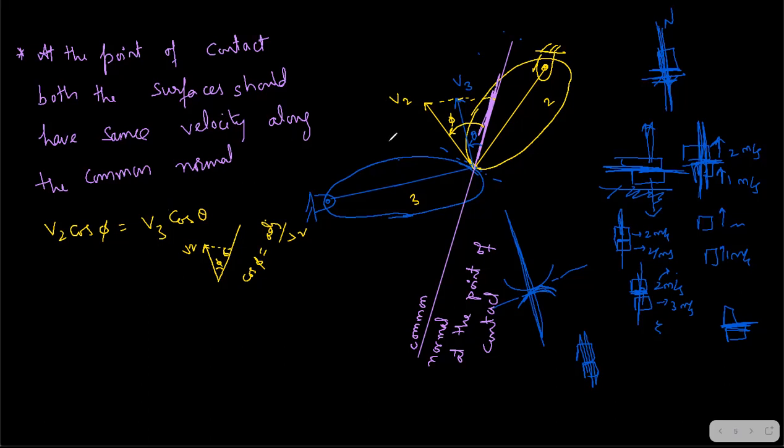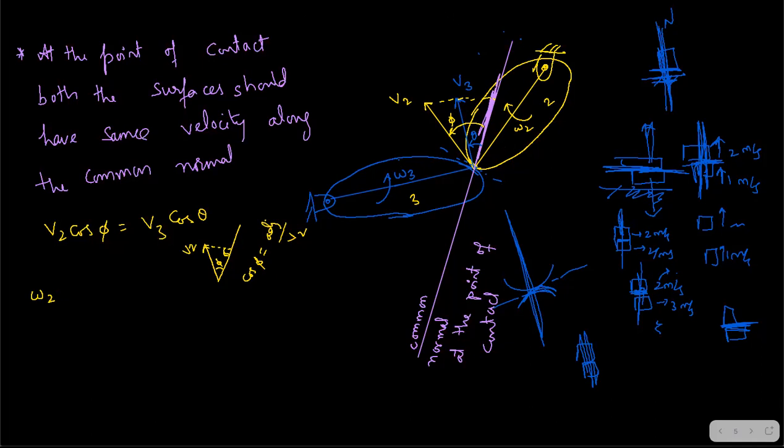But what is V2? You can check. This is omega 3, and this yellow link you can see as omega 2. Hope you understood how I wrote omega 3 and omega 2 based on the direction of the velocities. So now can I write V2 is omega 2 into R2? Yes, R2 is the distance here. R1 and R2 have not been mentioned, but I think you understand what R1 and R2 are.